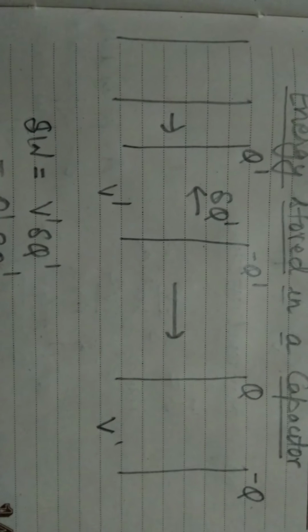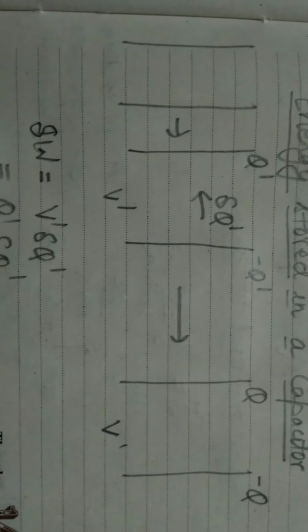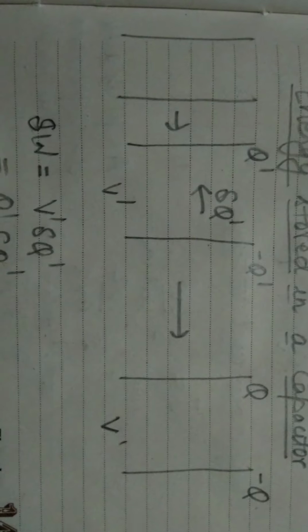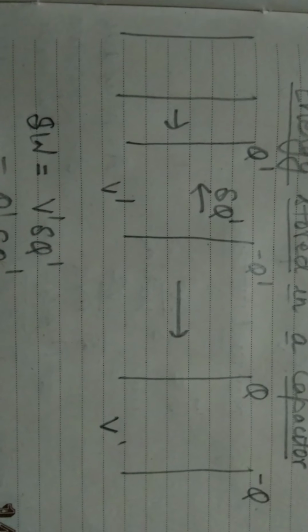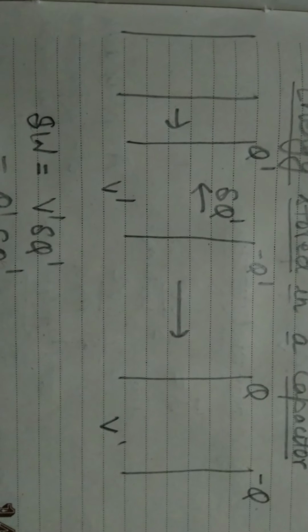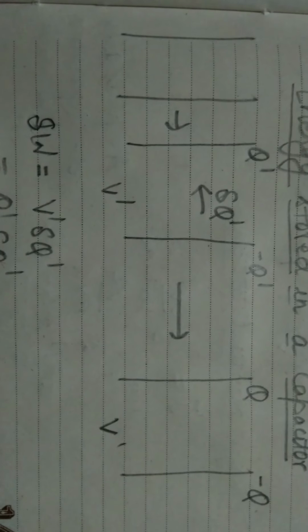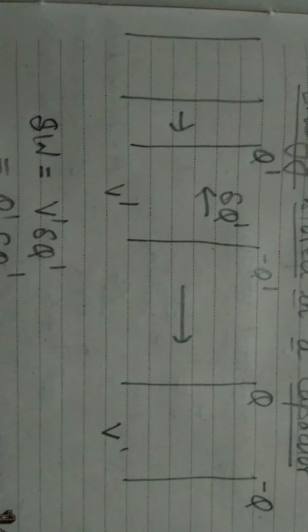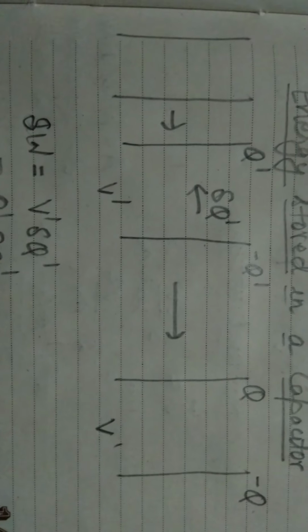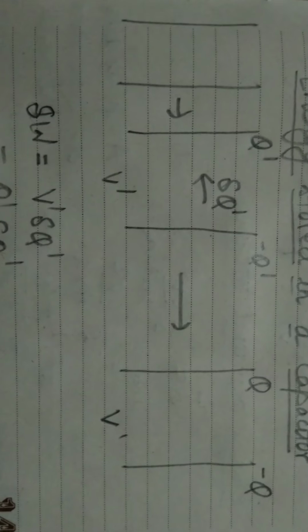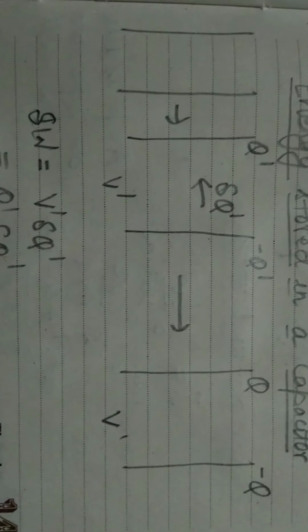Now as we are charging the capacitor, the charge is flowing from one side to the other. So if delta Q dash charge is moving to the positive plate, the charge there will become Q dash plus delta Q dash, and on the negative plate it will become minus Q dash minus delta Q dash. So while this charge is transferring,